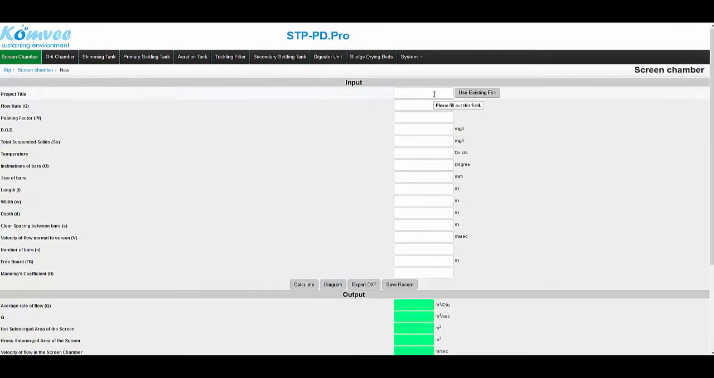The first field is for the project title. Next is the flow rate. Then the peaking factor. Next, the BOD. After that, the total suspended solids. Then the temperature. After this, the inclinations of bars. Then the size of bars. After this, we have the length,